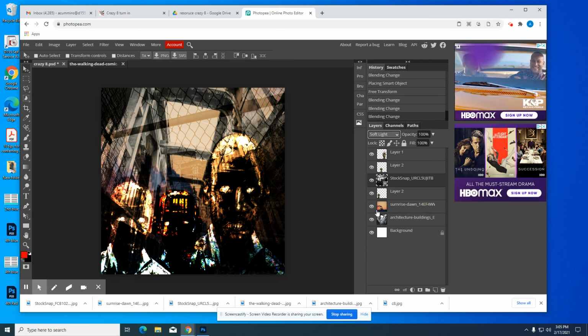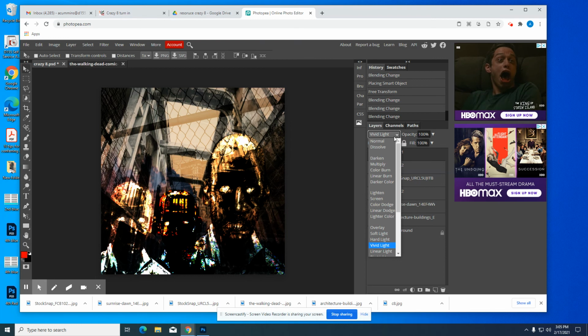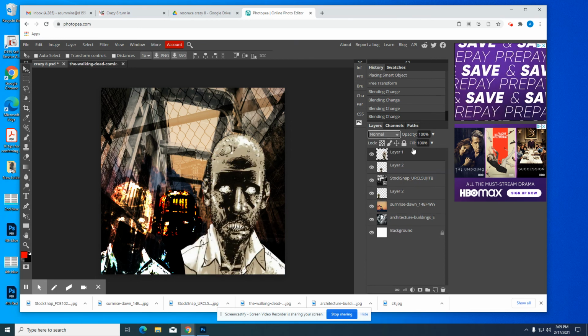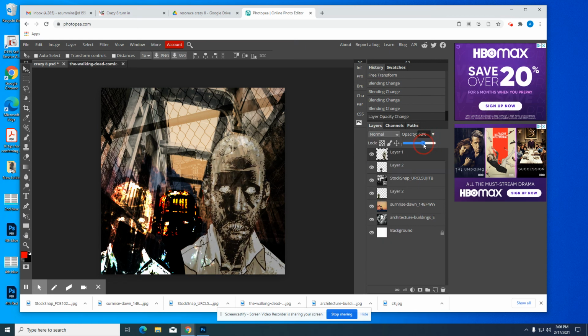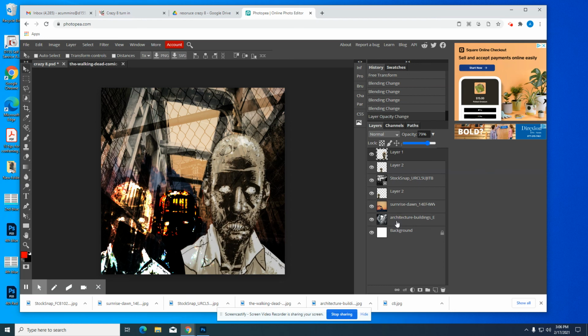Kind of drop it in. And it may end up coming just to make things stand out more. I may want to, again, bring this up a little bit more. Just to make it stand out. But again, once you've got it kind of where you like it, and you've got at least 5 images and at least 2 blending modes,